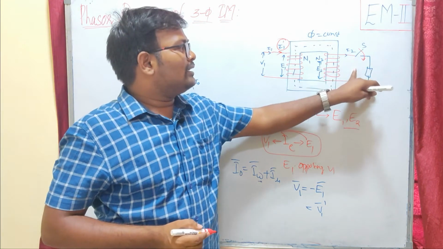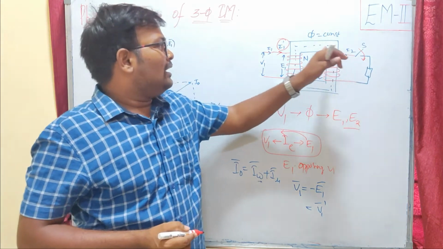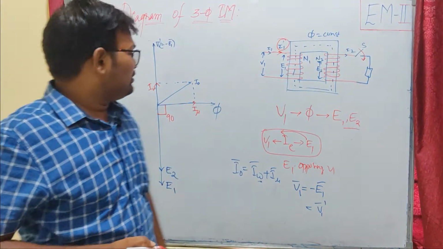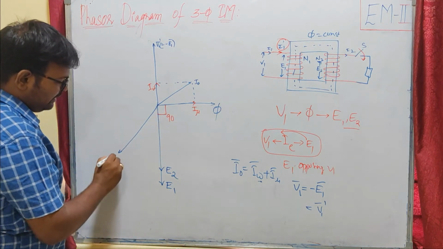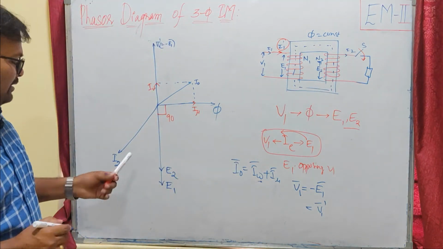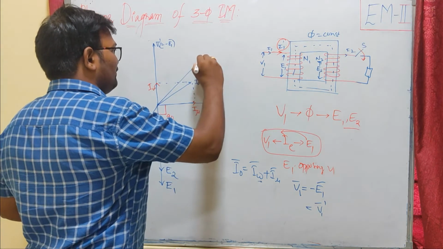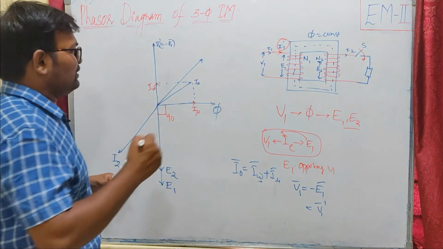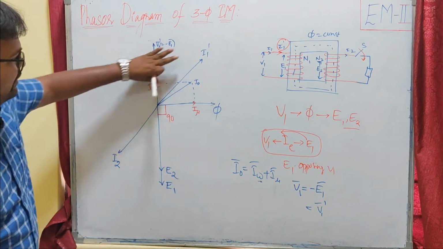Whenever our load is demanding some current in the secondary, our primary will draw some current that is equivalent to our secondary current. So here, this is my secondary current I2. Whenever I connect a load, I will have some current in the secondary. So this current should be supplied in the primary side also, and that will nullify the MMF effect. If I have I2 in the secondary, I must have some current in the primary that is equivalent to the secondary current, which I consider as I1 dash, and they are 180 degrees away from each other.